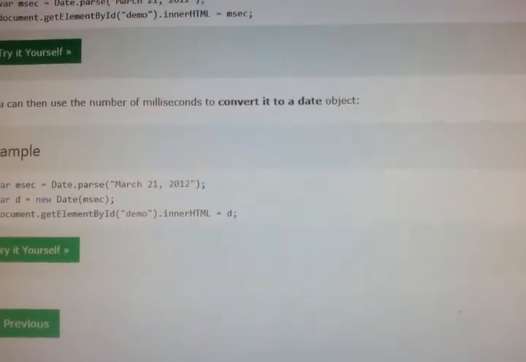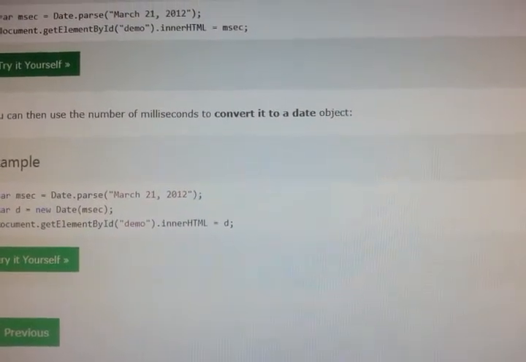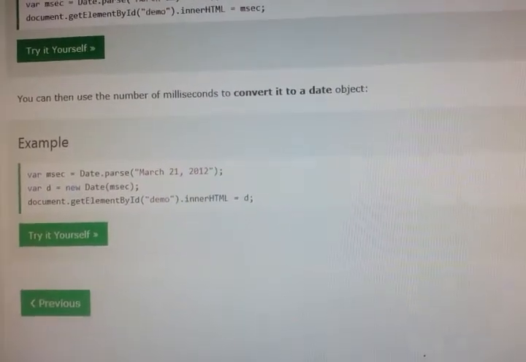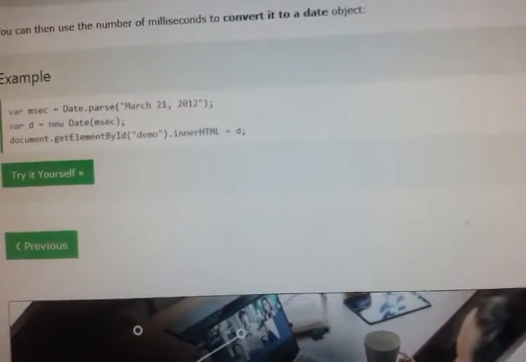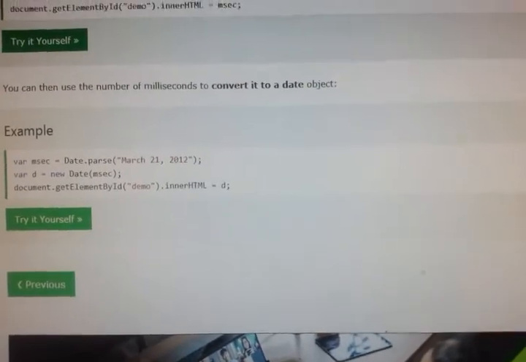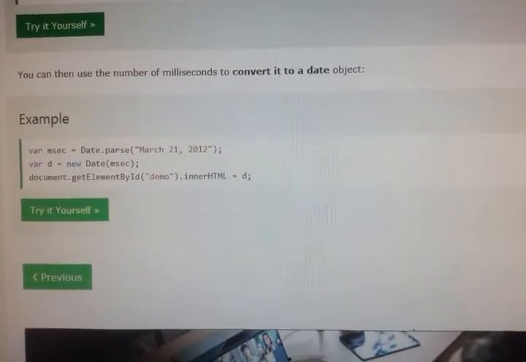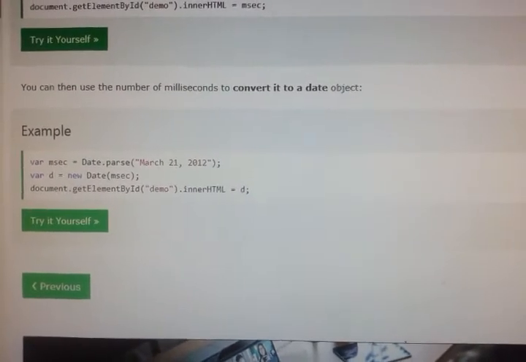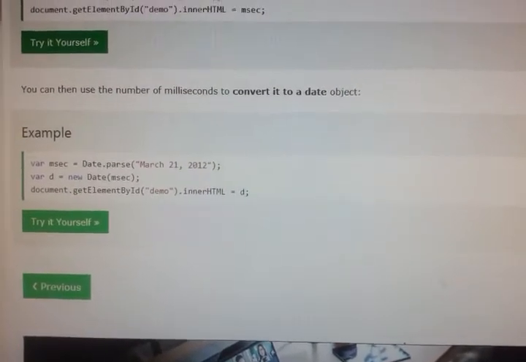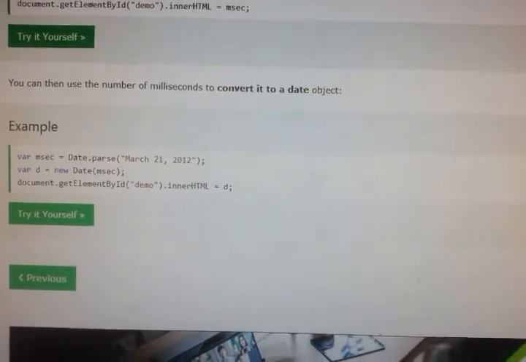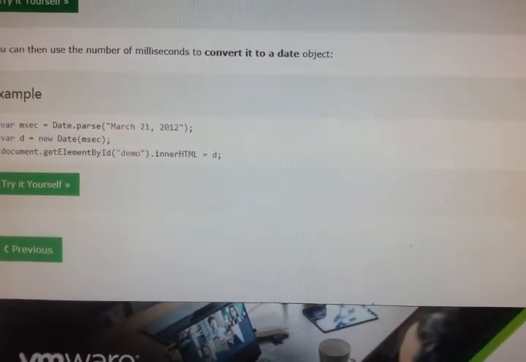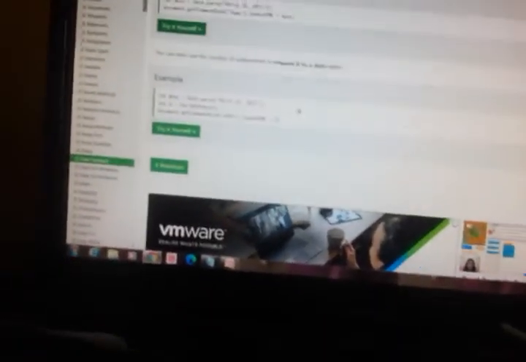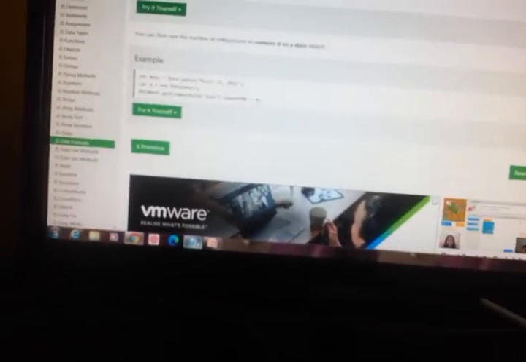In parse we have passed month, date and year within double quotes, then closing parenthesis and a semicolon. Then we have declared another variable d, which is equal to new date, and within parenthesis I am passing this msec. Let us see what I get if I print that.